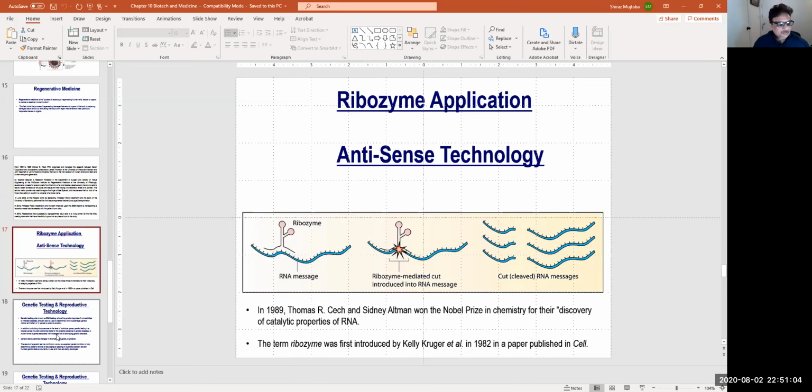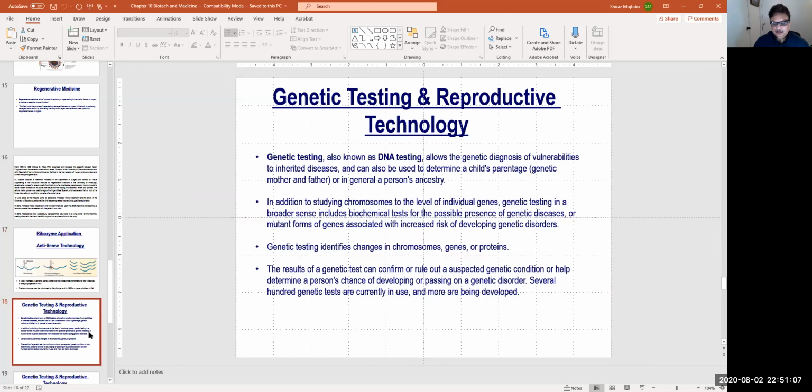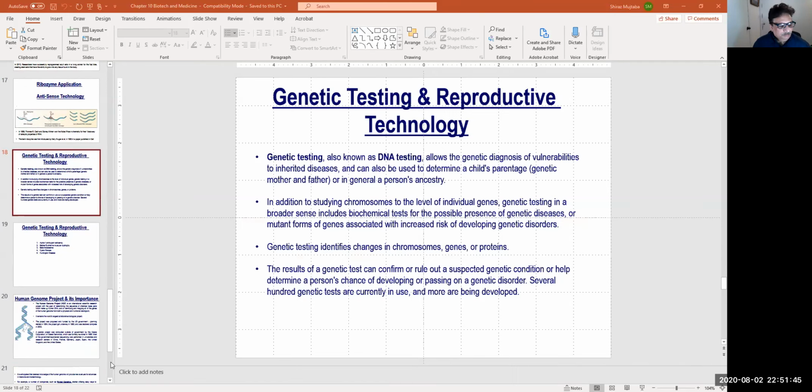Right? Then the second topic is genetic testing, which is very important. Nowadays, you see that there are many tests available which say that you submit your chromosome DNA and they will look for any genetic diseases. So it is coming to our home. We don't have to go. They will provide a kit and we put in our saliva or urine and they will look at the whole picture inside our body and tell whether there are chances of developing cancer. So genetic testing for reproductive reasons and all those is very important.